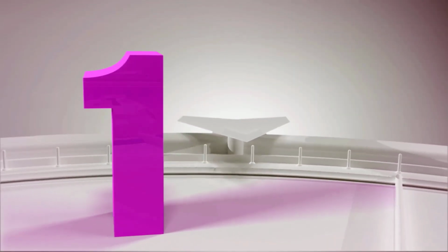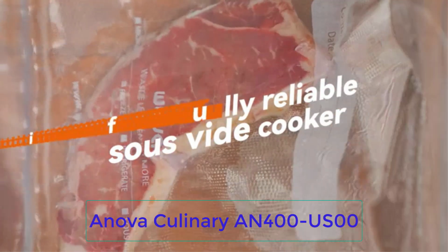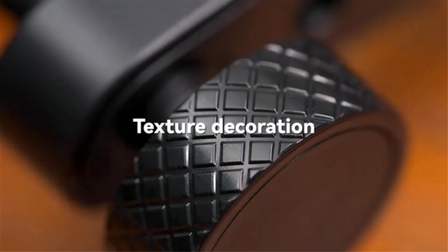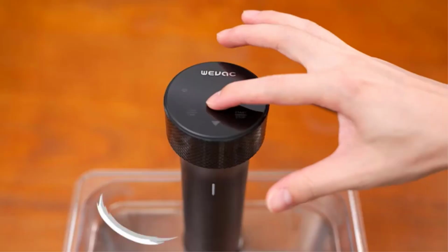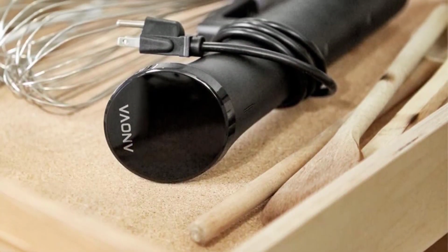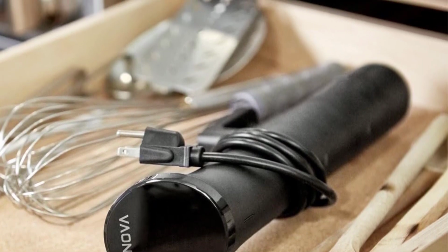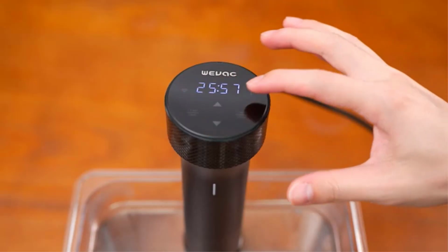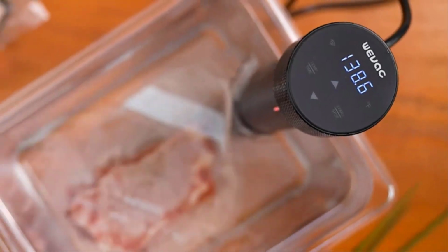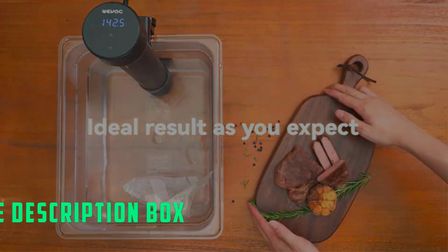Number 1. Anova Culinary AN400 USOO. If you're looking for a sous vide machine that will take up minimal kitchen real estate, consider this pick by Anova. The Anova Sous Vide Precision Cooker Nano is an ultra-compact immersion circulator that doesn't skimp on performance. This sous vide cooker features a 750-watt motor that circulates water to achieve extremely precise cooking temperatures no matter your recipe. Whether you are cooking chicken, fish, eggs, or vegetables, simply set your desired time and temperature using the user-friendly LED